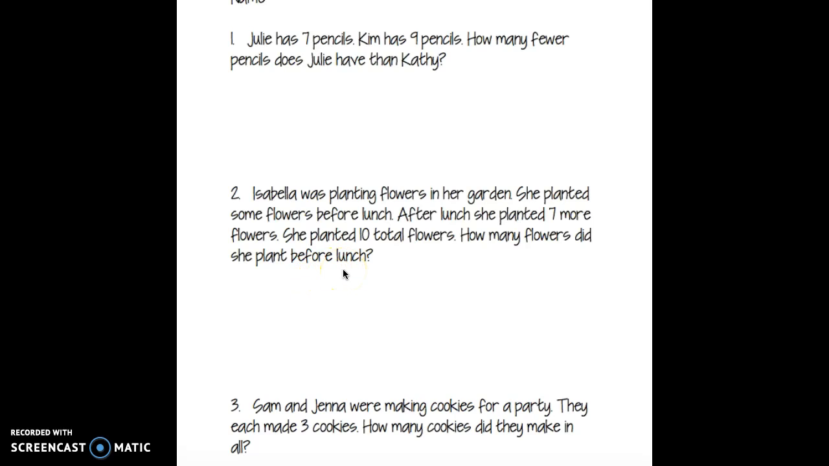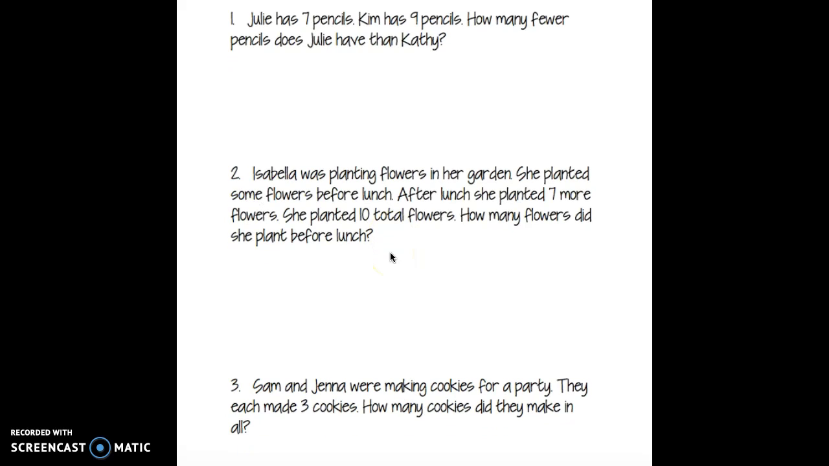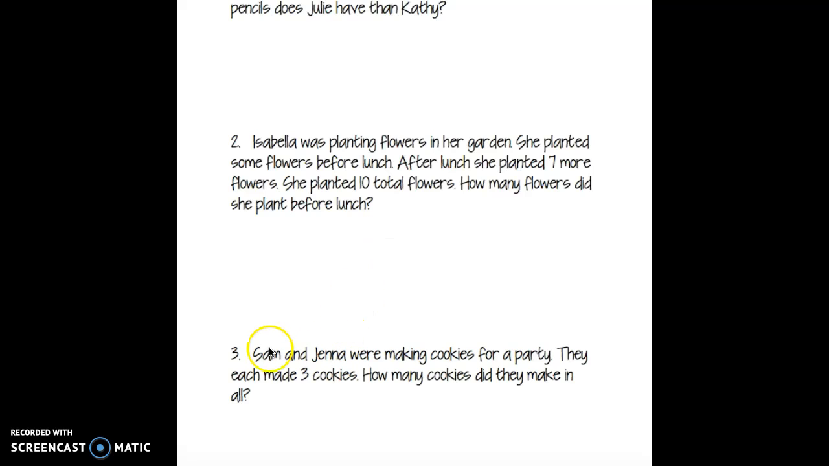So, boys and girls, this is going to be a missing add-in problem. I want you to draw your total number of flowers first. Then, I want you to circle how many more flowers she planted. Show your work. Pause the video and work it out, and then play the video when you're ready for the